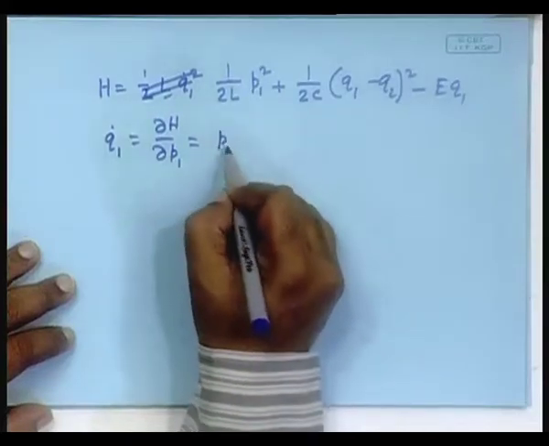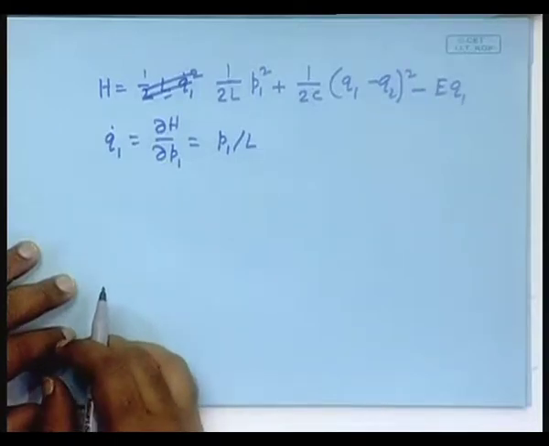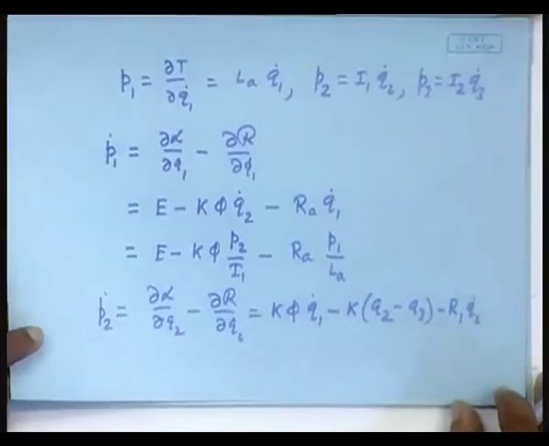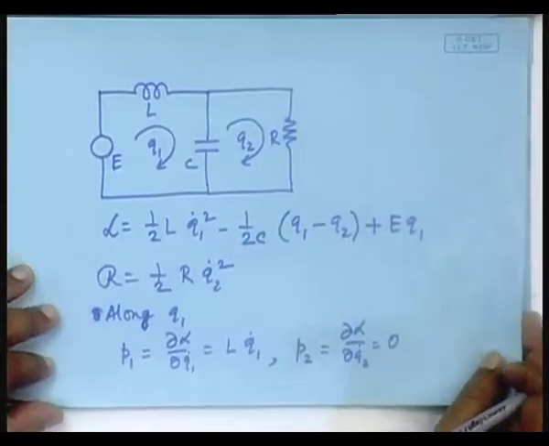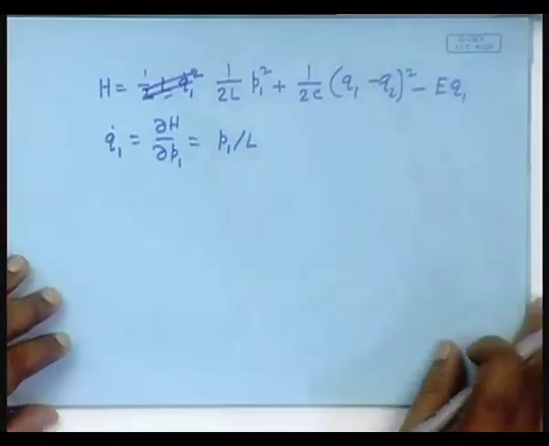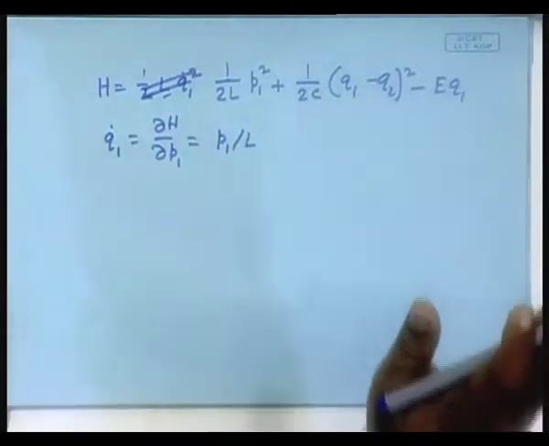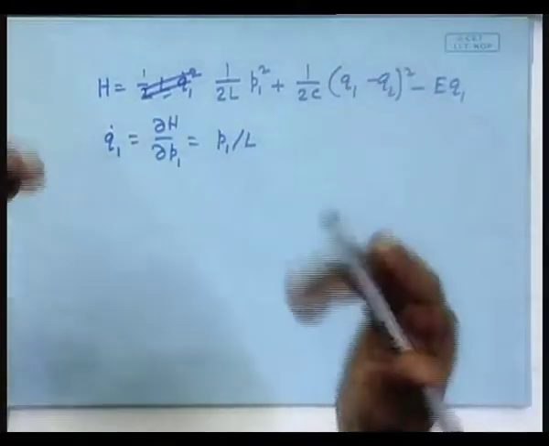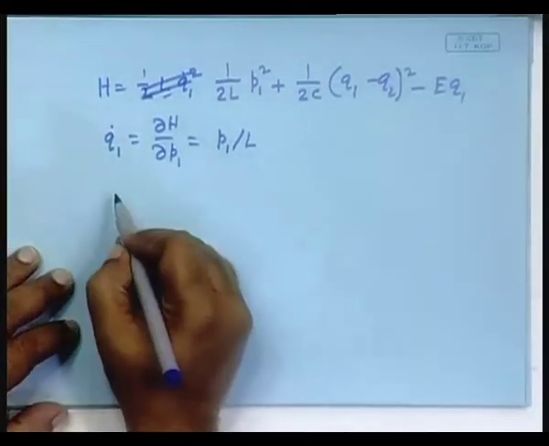Here P1 by L. Where I have written the Lagrangian, I have not put... you are right. So yes, whenever I make such careless mistakes, please point out, because that goes into the recording. Okay, fine. So you have Q1 dot is this, and then